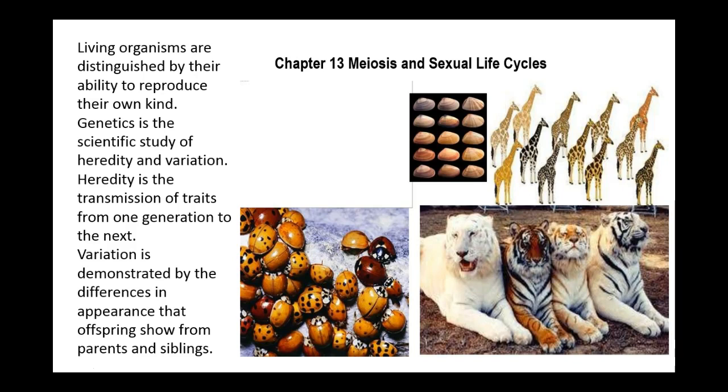What it does is it goes through it twice, and this is meiosis, which you will hear me pronounce meiosis every once in a while just to keep your head straight that this is a different system than mitosis. So meiosis, and also the way different living organisms reproduce, so the sexual life cycles. And the idea behind the creation of a gamete is that we have variety, we have variation in